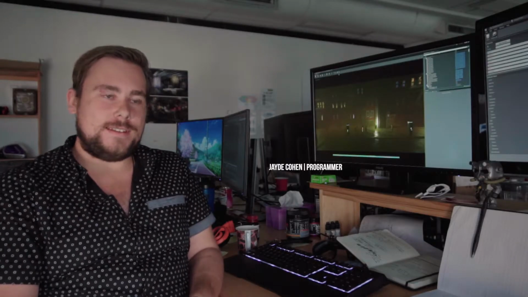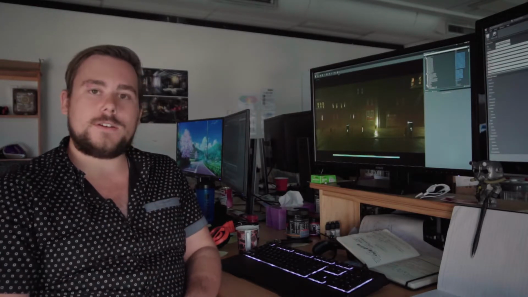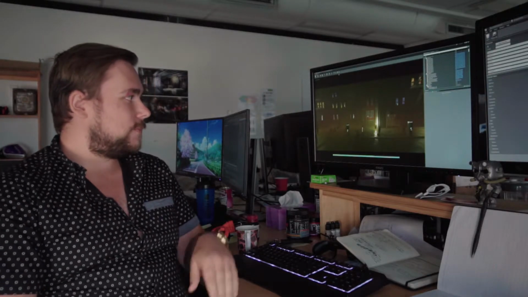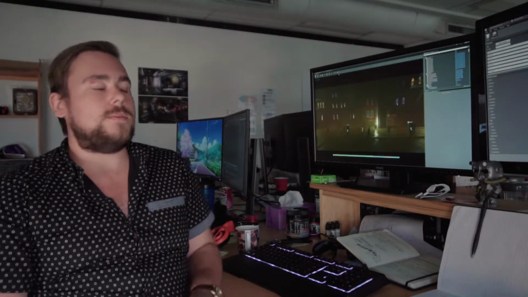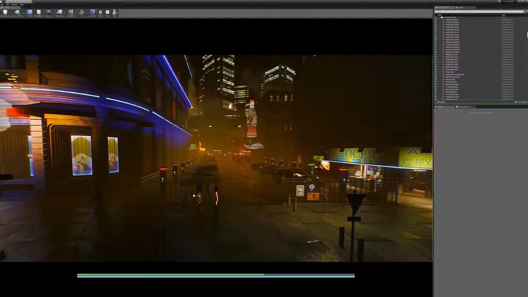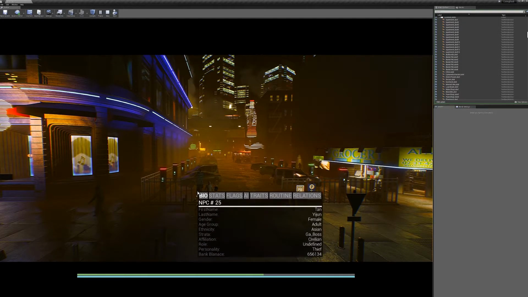Yeah, so I'm going to be talking a little bit about the procedural stuff we're doing in Living Dark and how that works under the hood and what that means for the player as we're playing the game. It all starts with the people. All the people in the city have a unique bio that's generated for them. They have their own gender, ethnicity, what they do for a job, personality, all the stuff that we track on the fly here.